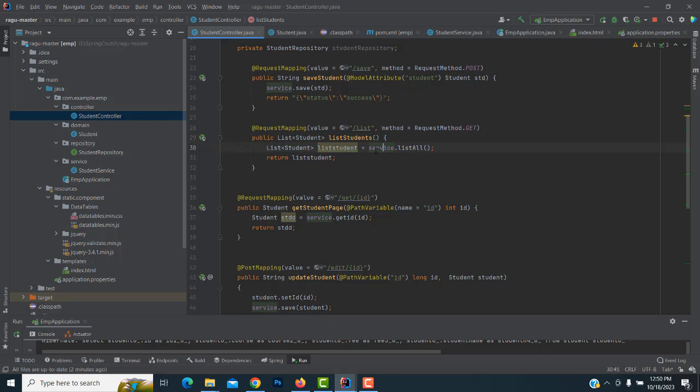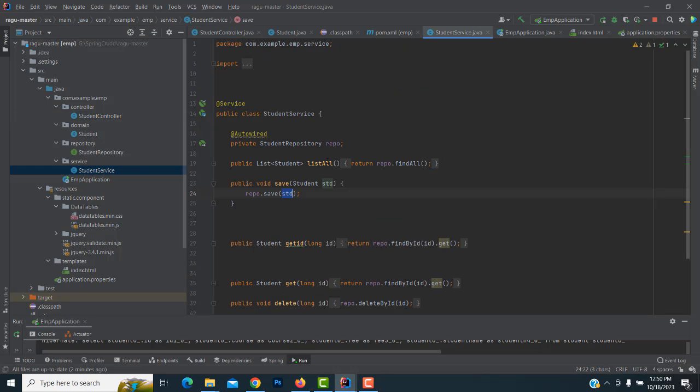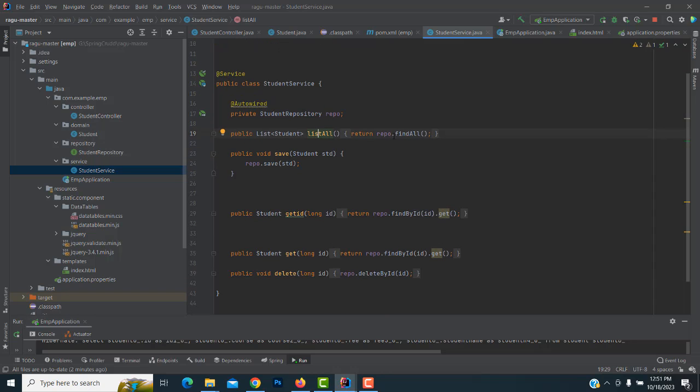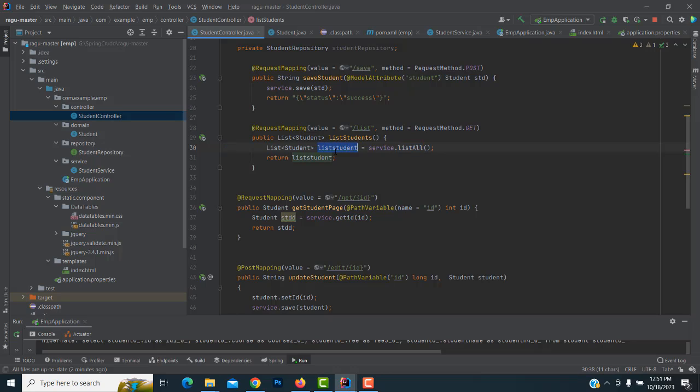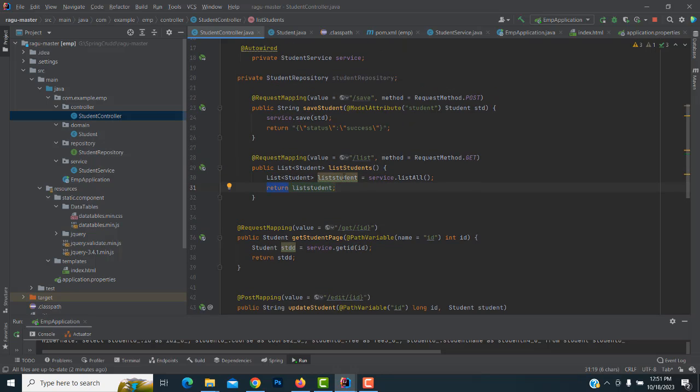So here it will pass to the service get all function. Call the service here, the get all function. The service goes to list all, finds all the records from the database and passes them here, list all. And this one will be returned. If you put return list here, it will be passed to where